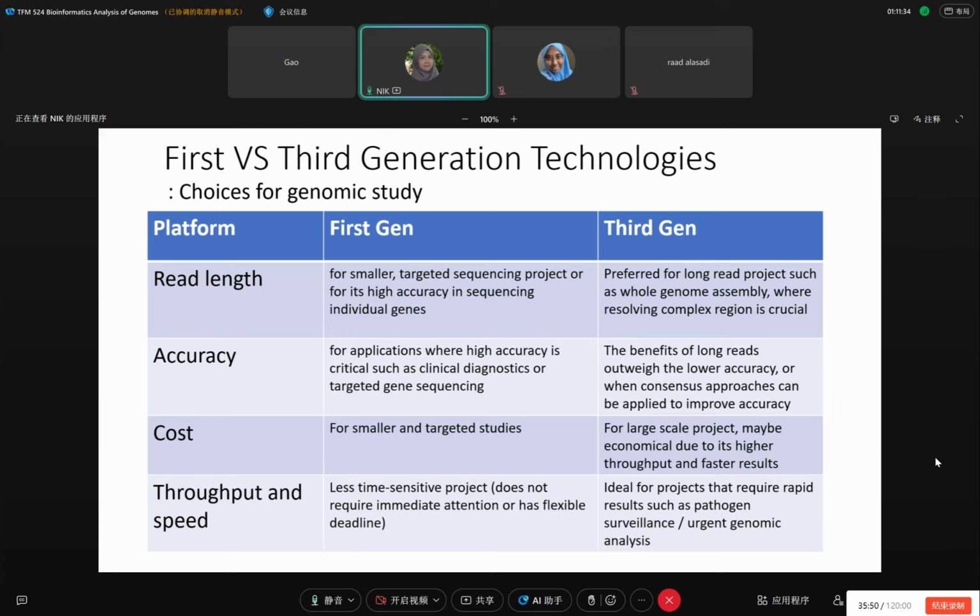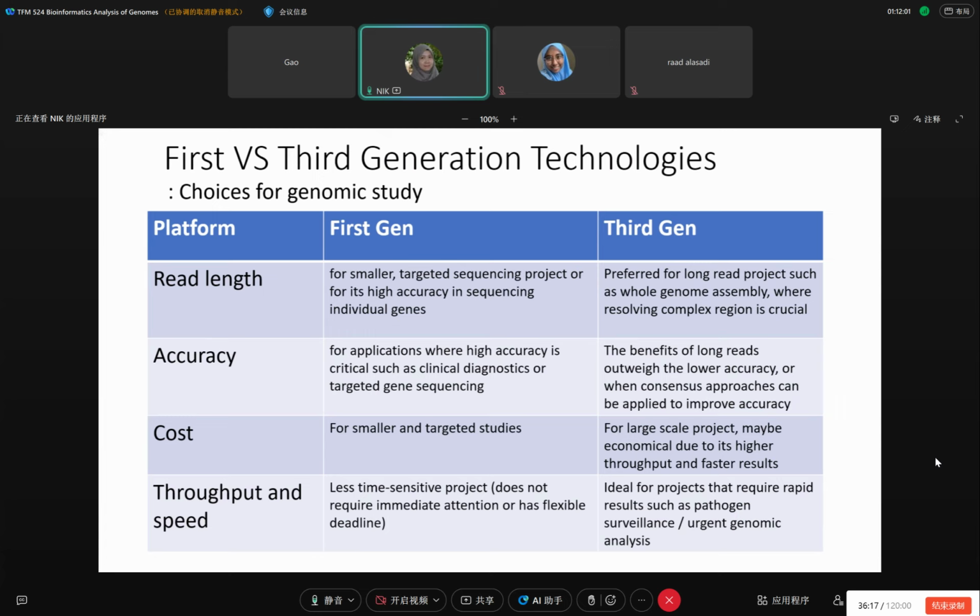You cannot use that for the genome study. If you want to do the whole genome study, you need to choose the third generation's technology. So you can use PacBio or Nanopore so that you will have the complete whole genome for your organism,